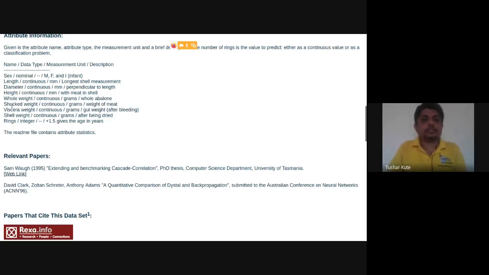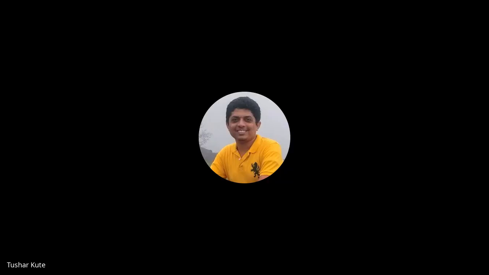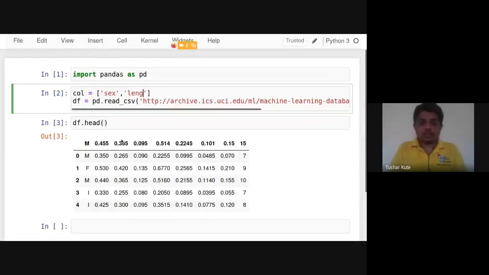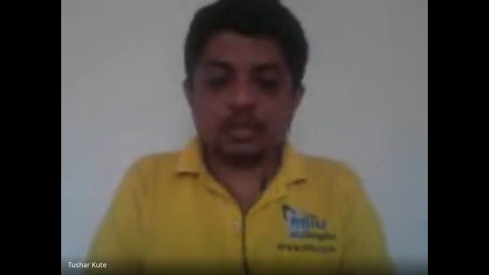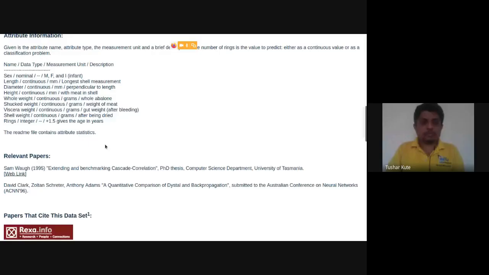Sex, length, diameter, height. So I'm creating a list here. Length, diameter, height. What's the other? Whole weight, shucked weight, viscera weight, shell weight. Yeah.